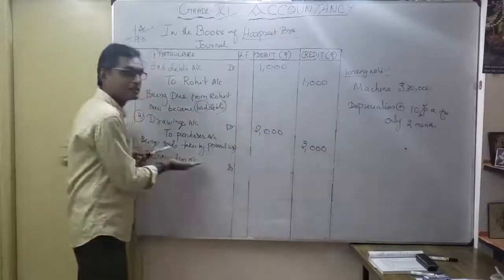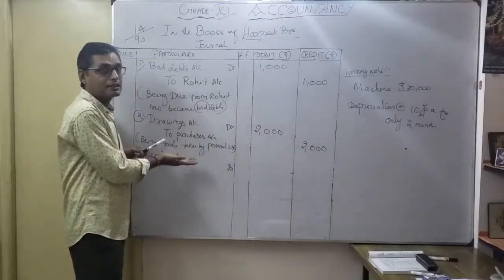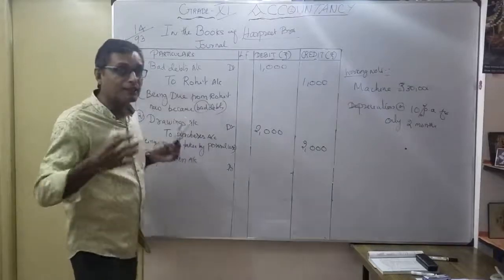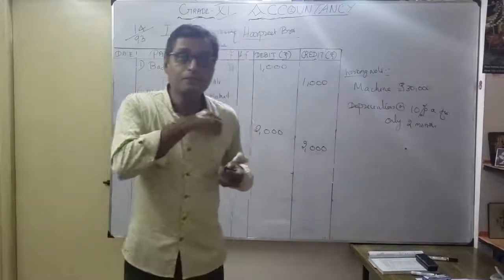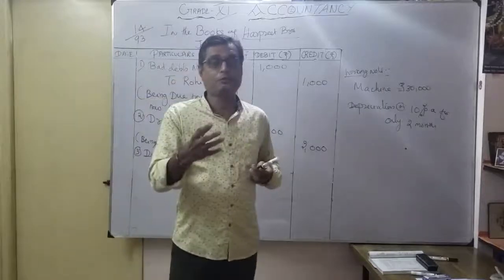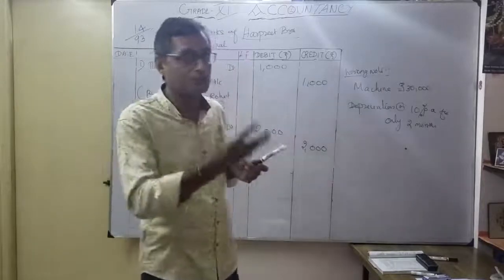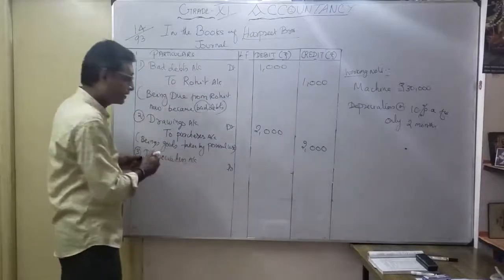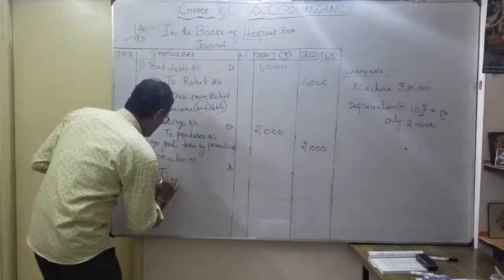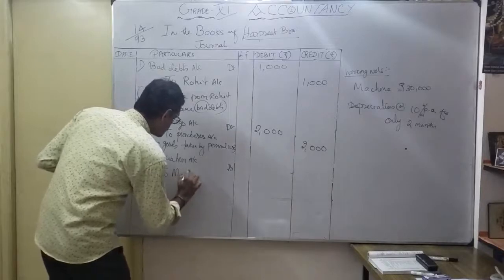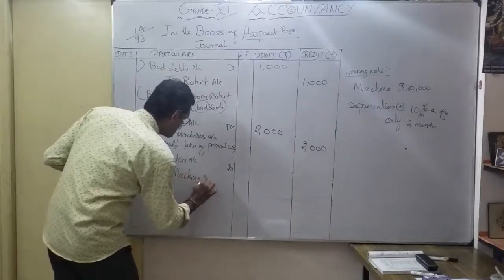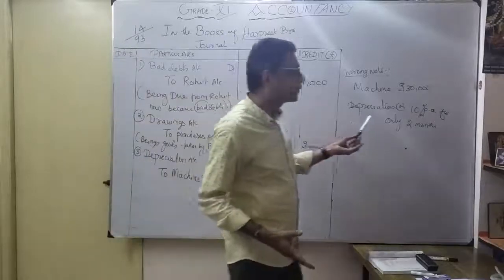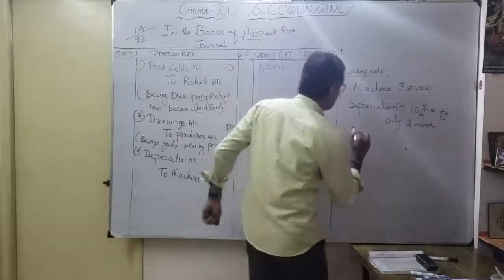Here our depreciation is not an expense. It is a loss. Okay. That's why I consider depreciation as a loss. When I say expenses, it is anything I have to pay from my pocket. That is called expenses. My cash goes out as expenses. Here, only my asset value is reducing. That's why I am crediting the machine account. Correct? Machine account. So now I don't know what the value is. Now I am going to calculate. How are we going to calculate?